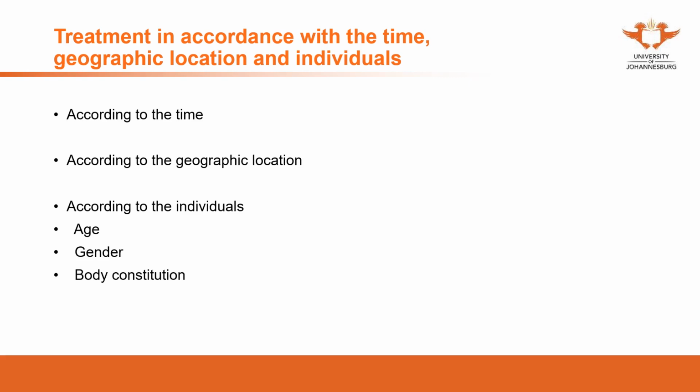According to the time, the example is that if someone suffers from flu in winter and someone suffers from flu in summer, we may use different treatments. We may use different herbs or acupuncture points, because this time is different and our human body in different times also has different symptoms, different causes. So we're going to treat according to the time,